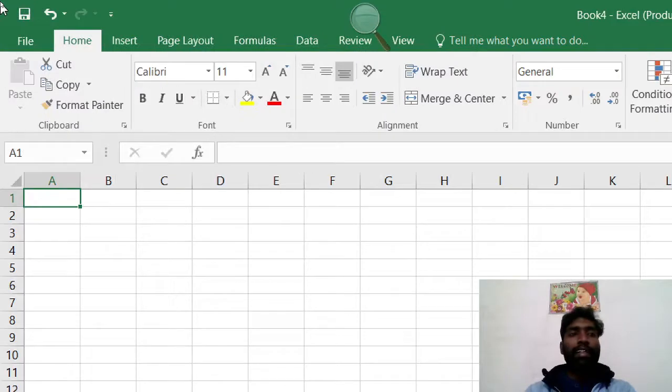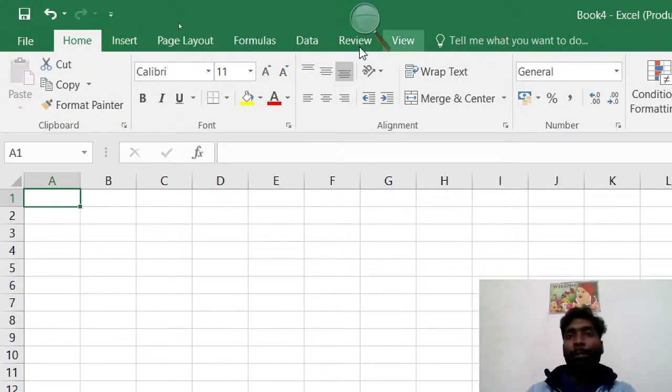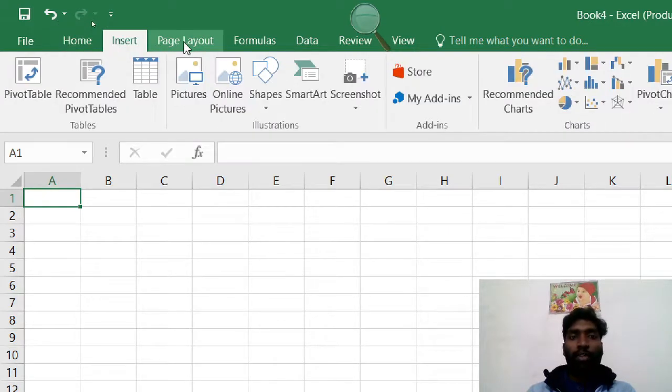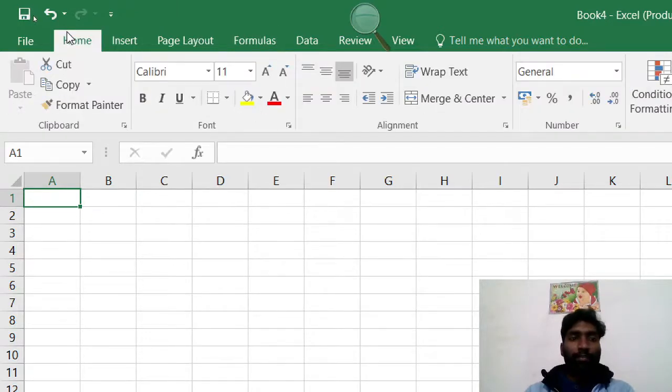After the title bar, here is the menu bar. The menu bar consists of menu tabs: Home tab, Insert tab, Page Layout tab, Formulas. In each tab there is a ribbon.